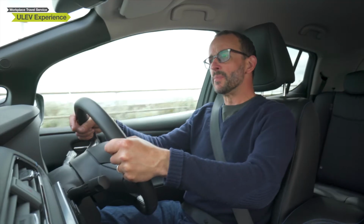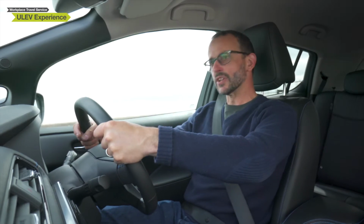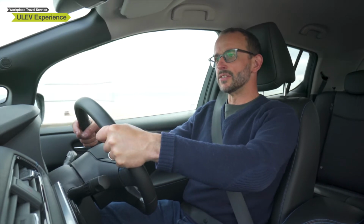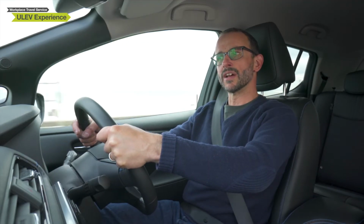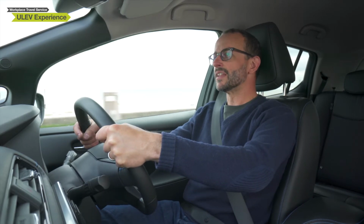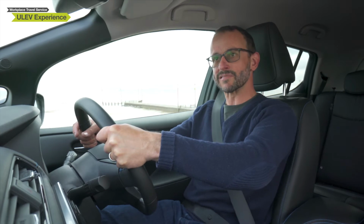So here we're now in B mode. This is the mode I would usually use the car in myself. So this has got the higher level of regen. And there are no cars around, so I'll just lift off the accelerator, and you might be able to see there we're slowing down pretty rapidly, but I'm not braking now. That's just the regen. And that's great, because that braking effect, without using the actual brakes, tells us that that's the motor acting as a generator, converting that movement energy into useful energy that recharges the battery, rather than